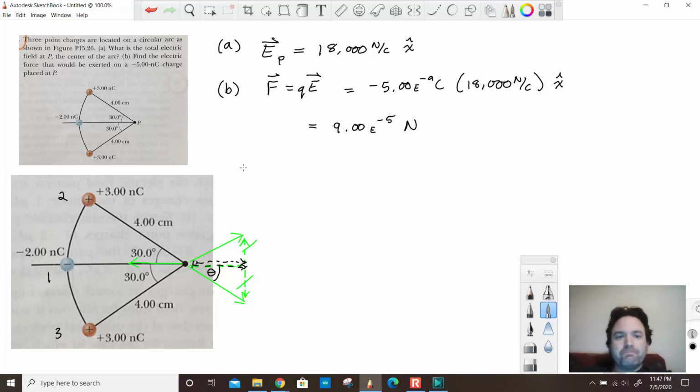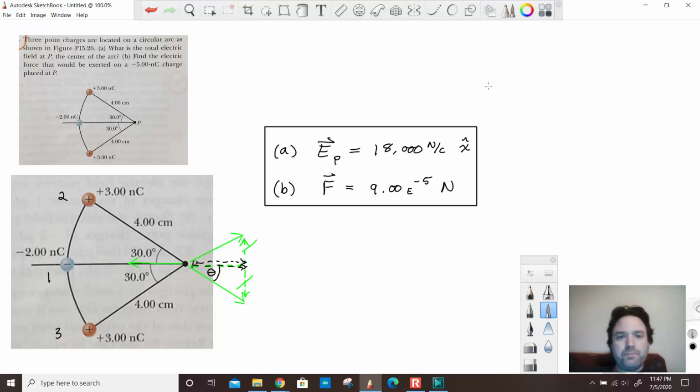Okay, and that should be that. Clean this up a little bit. Okay, and there we have part A and part B. So check your answers, go back and